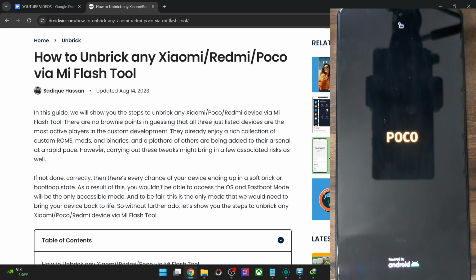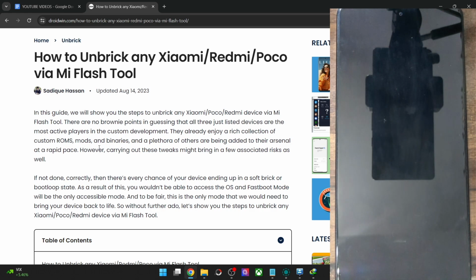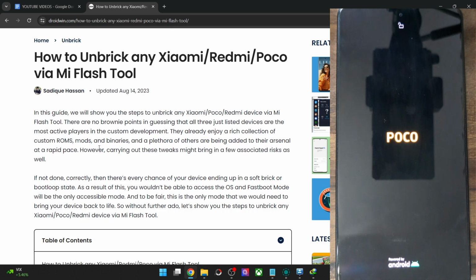If that is not the case, then you will have to take the help of EDL mode, and in case of Xiaomi phones, the EDL mode could only be accessed via an authorized service center employee. So that is not covered in this video. You should only be able to carry out the task given here if the bootloader on your phone is unlocked beforehand, and only after that you are facing the issue of boot loop or a soft brick state. In my case, the bootloader is currently unlocked and my phone is currently in a boot loop.